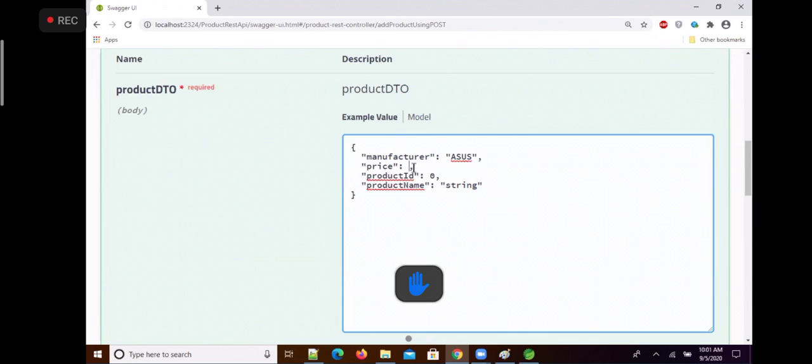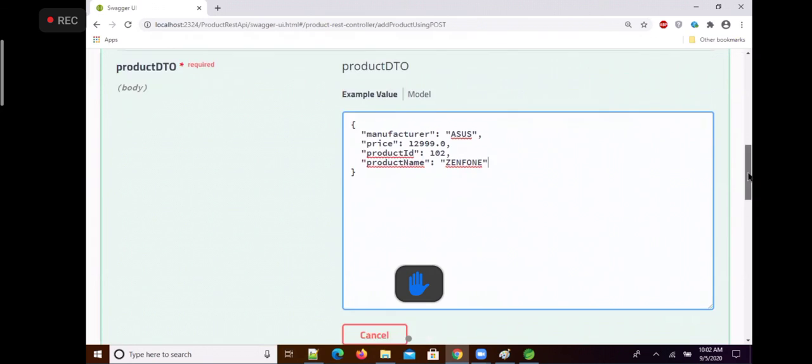Say price 12,999. Say product ID 102. Say product name Zenfone. Okay, now then you click on what? Execute.